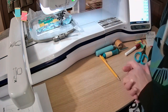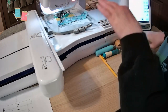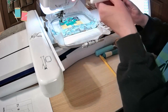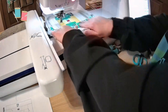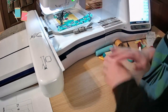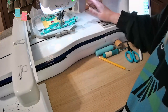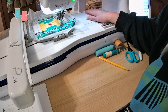Now you could do something kind of interesting here. You could do your outside 4 pieces all in the same fabric. So you have a courthouse step on the inside and then it's framed. Your outer piece is framing the whole thing. So if you were going to do that, we'll talk about that here. Let's stitch this down and then I'll pull this out and we'll talk about that, because you might want to choose a bolder print like this, or you might want to choose a whole different color family to do your framing, because if you frame this,